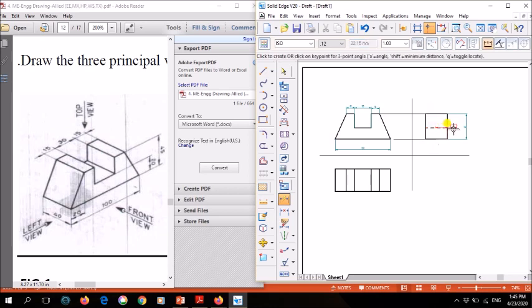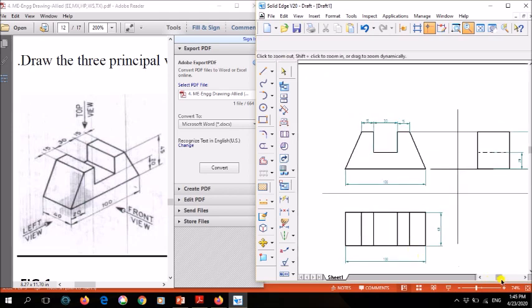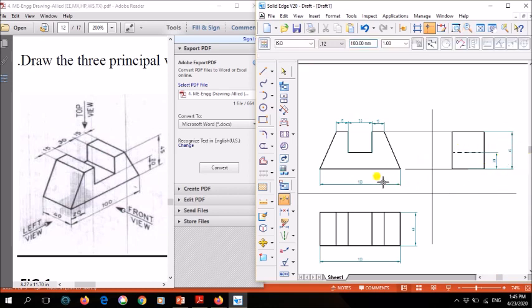Same way now this height, either you show this side or you show this side, no problem. I'll show this part. So how much it is? 20. Okay, next, so this width, so how much? Instead of showing it here, I'll show it here like this. It is 40 mm. So if you want, you can show this whole dimension again this side. Okay, so I'll just zoom it. Okay, you can see the dimensions. Okay, so this is 20, this is 45, 100, 30, 15, 15. Okay, so like this you need to split the dimensions.